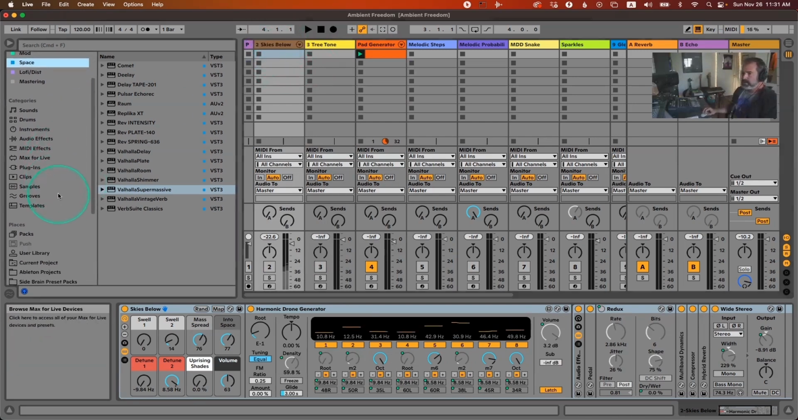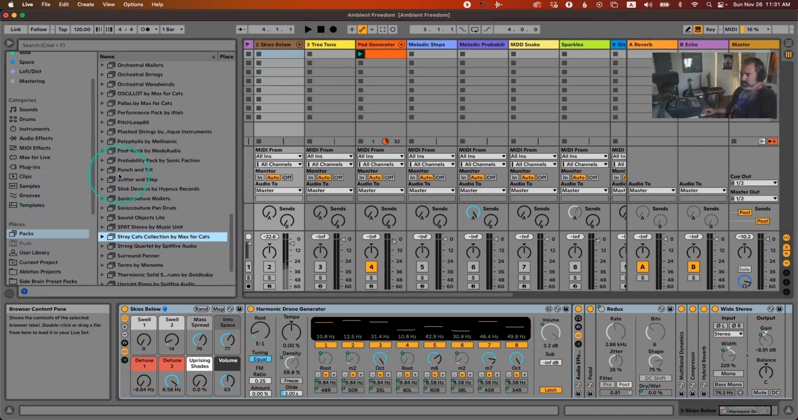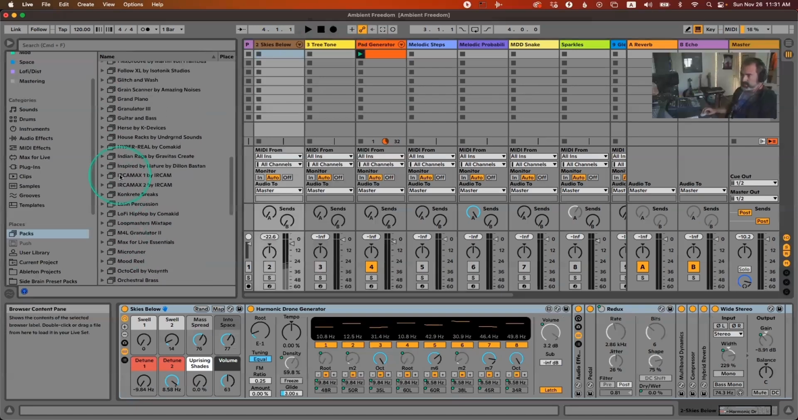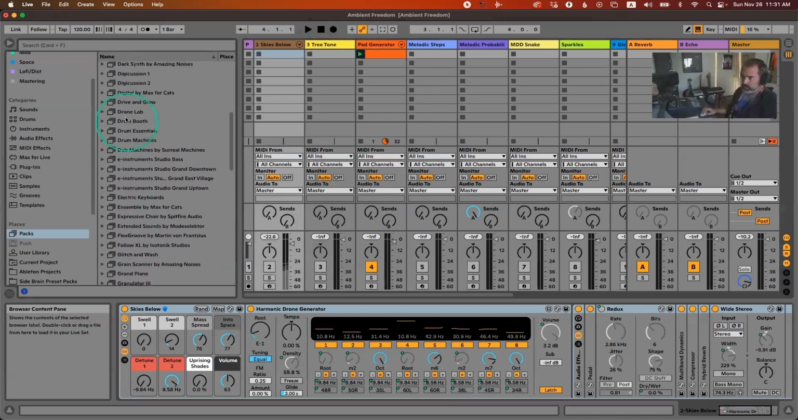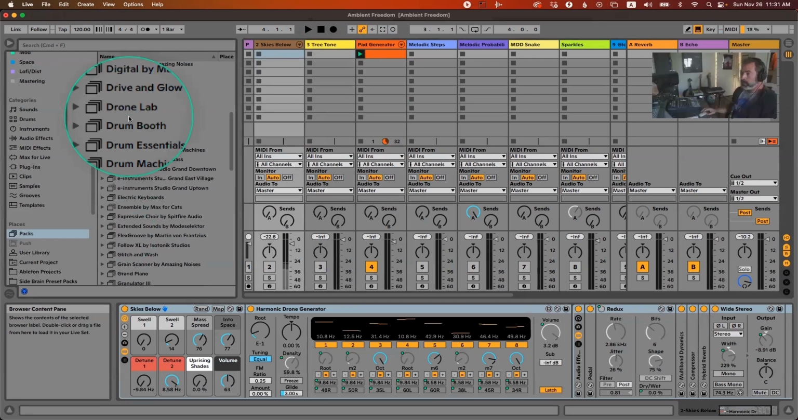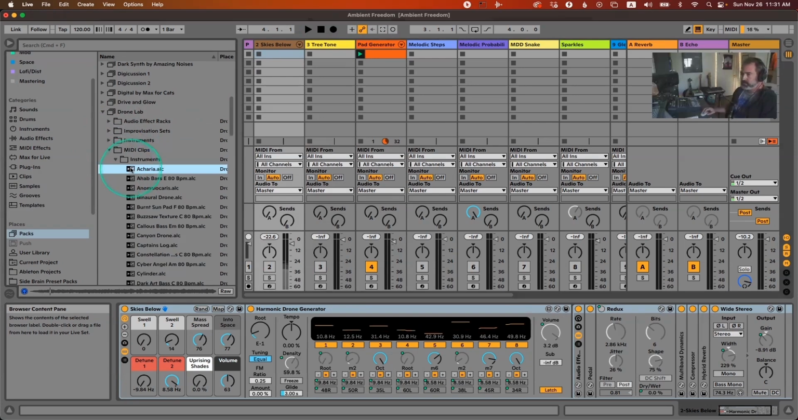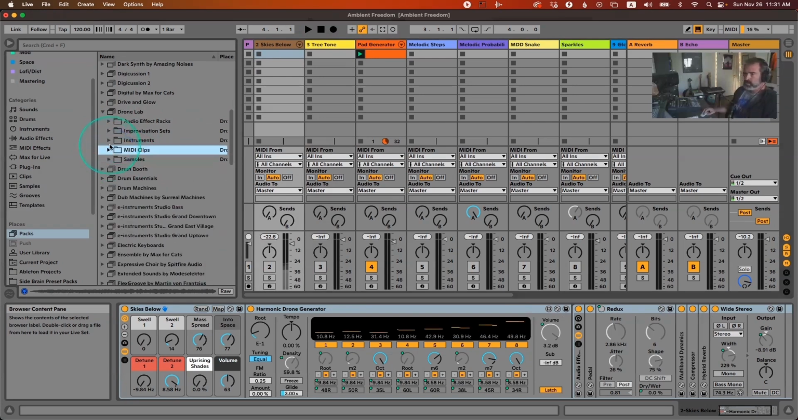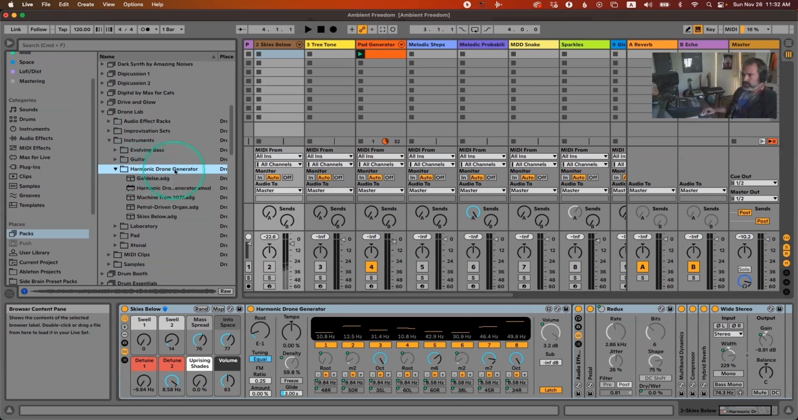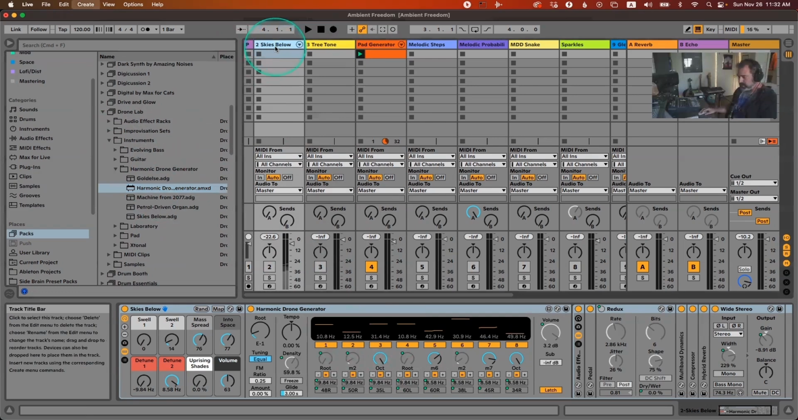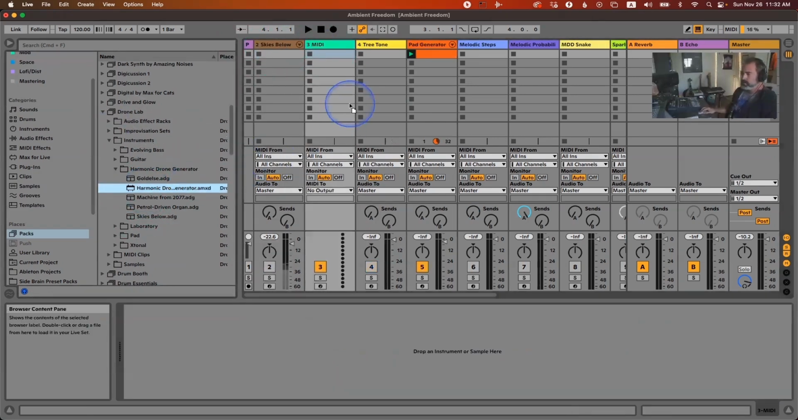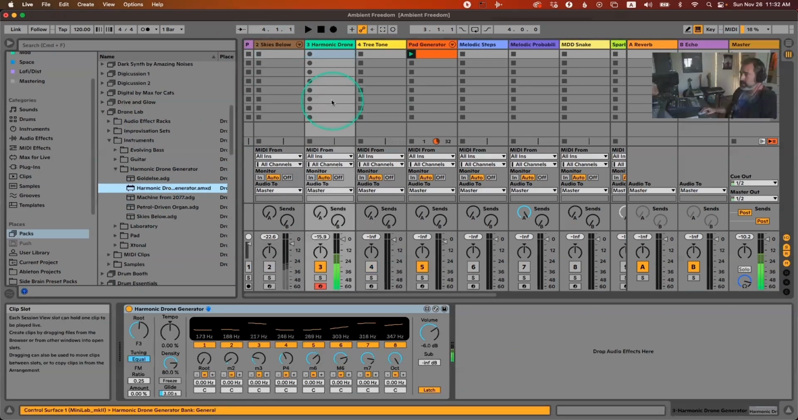The first one is in a Live Pack that you have or can download if you have Ableton Suite, that is literally called Drone Lab, okay? And inside the Drone Lab, you have a bunch of instruments that you can use. There's sets that you can check out, even MIDI clips, okay? But there's also a Harmonic Drone Generator, which is a free Max for Live device. Here it is. I'm gonna open up a new MIDI track, and I'm gonna drag it in so we can check it out. As soon as you drag it in,